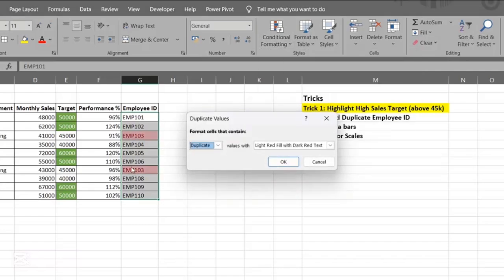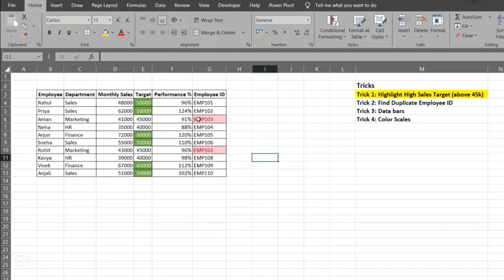Just click OK and you will find the employee IDs have been highlighted, only duplicate employee IDs. So here you can see employee 103 has two entries, one of Aman and the second one of Rohit. This is a duplicate. Now next,